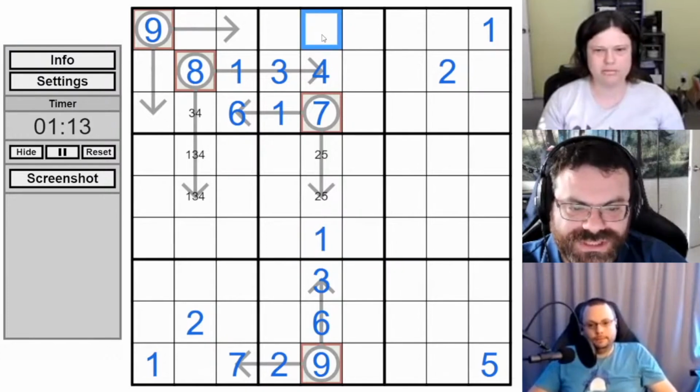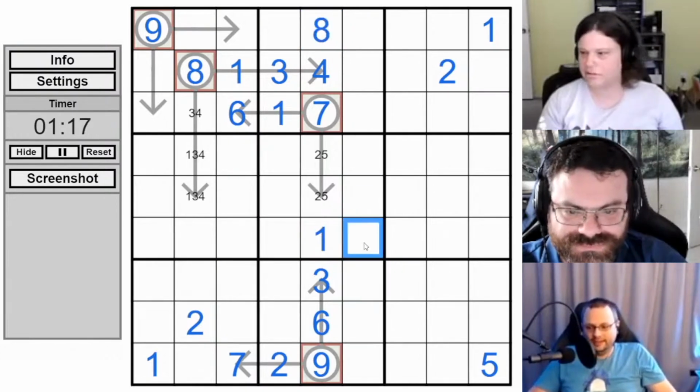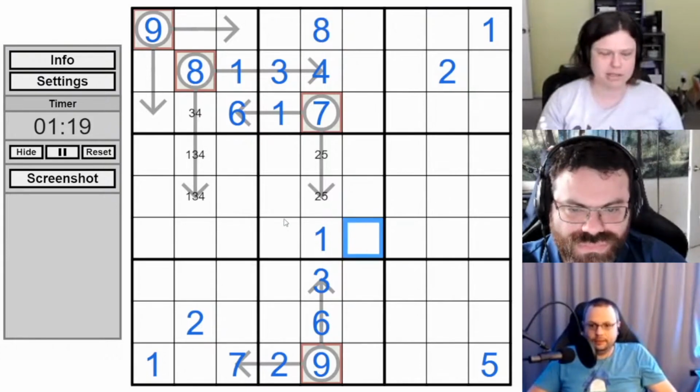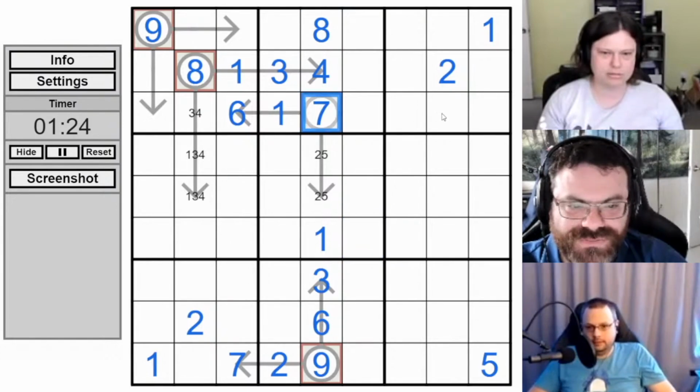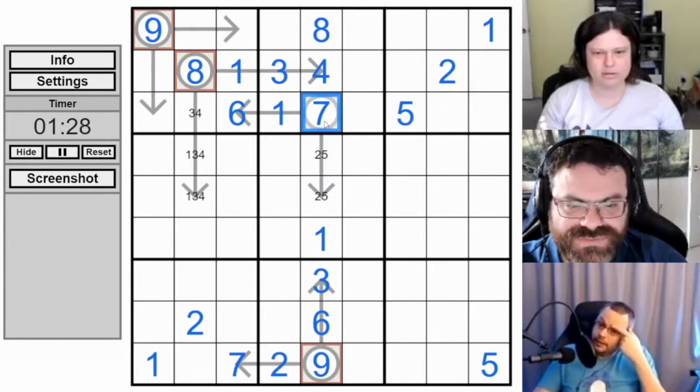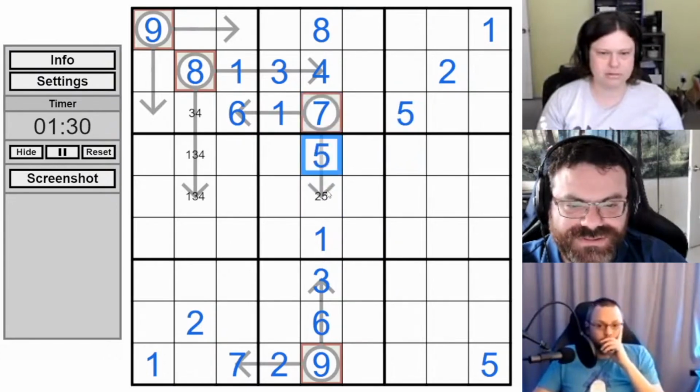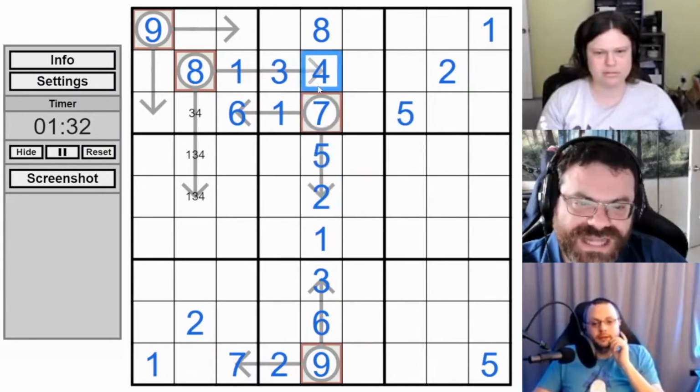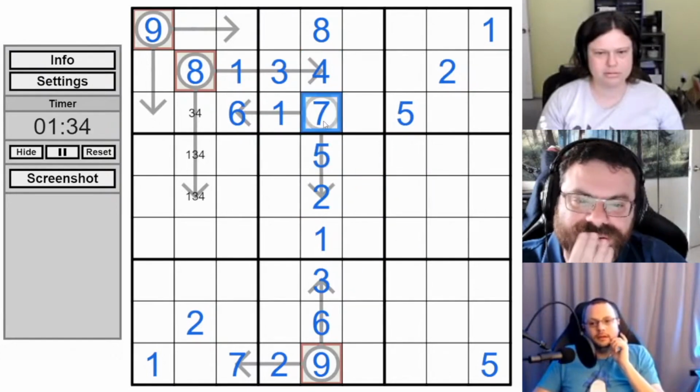No, not 2. Okay. What am I? Yeah, it's 2. No, 8. Sorry. Yeah, 5 in row 3 is placed likewise, because of the 7. Oh, yeah, 7 places 5 here. Oh, 7 also places the 5 here. That's something we didn't think about. Maybe that's what gives us the 4.